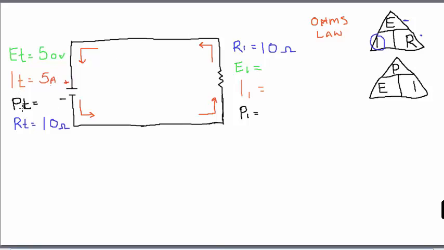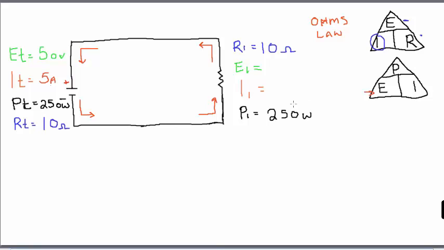Now let's take a look at our power. So what values do I have? I have voltage, amperage, and resistance. And in my Ohm's law triangle over here, I can find my power by multiplying my voltage times my amperage. So let's give that a try. So my voltage of 50 volts times my amperage of 5 amps will give me 250 watts. I only have one resistor in this circuit, so it's pretty easy to make an assumption that all of the power dissipated in the circuit is going to be from this one resistor, which is